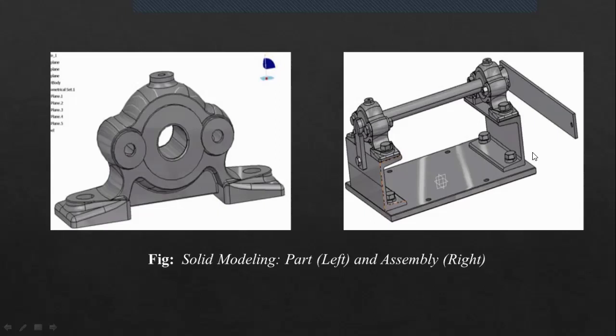All these constraints. So that's assembly modeling, wherein you have a combination of these components, and you define relations between them. And that can be used for downstream applications, as we'll see.